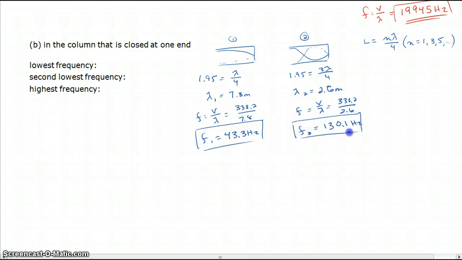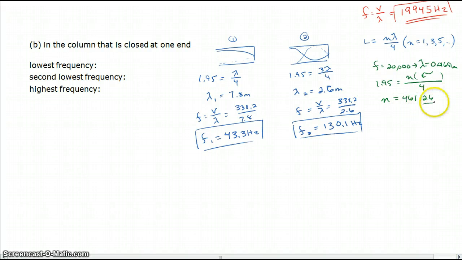Okay, now the only thing that's a little bit different in this scenario is, what about when I look at the highest frequency? What does that look like? Well, I can do the same trick again. If I say frequency is 20,000 hertz, what does that give me? If I solve for the wavelength, it turns out it gives me 0.01691 meters. And now if I plug that into this formula, if I say 1.95 equals n times this lambda divided by 4, I get an n that is equal to